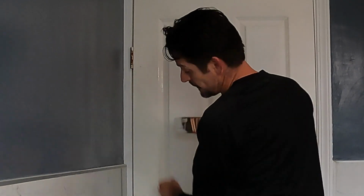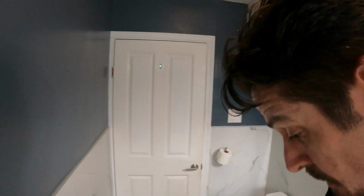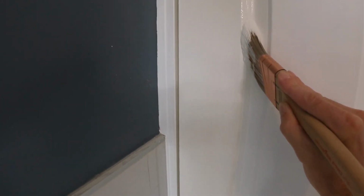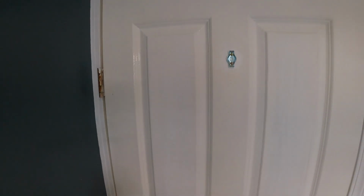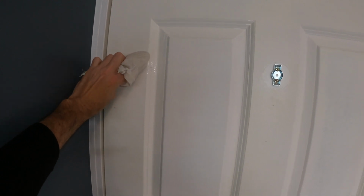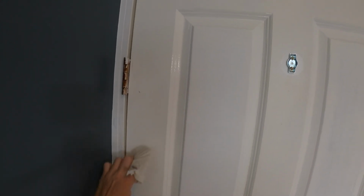We're really trying not to get any paint over the side. Let me see if I can show you guys. So we're here, right? So we want to keep the paint inside this edge. I got a little bit over right there. When that happens, very lightly, actually I have a rag on me, I don't know why I use my finger, but take a little rag. I'm trying to look in the camera as I do stuff, so it's kind of a little tough, but just take a rag, and we don't push over, we just keep it flat and flush to the door, and that will take off any extra